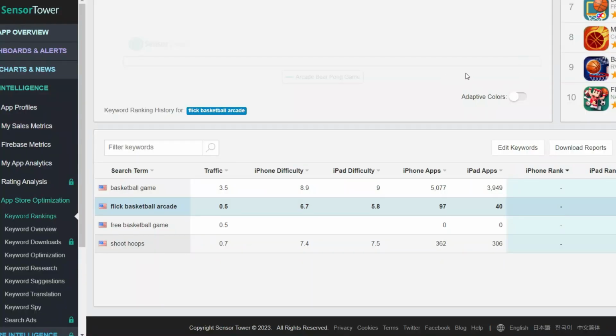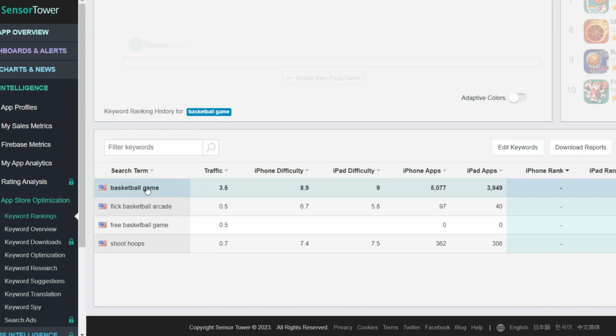So one of my favorite tools to use for keyword research is Sensor Tower, and they do have a free version which I use, so it's 100% free. So if we look here at basketball game, which if you have a new basketball game, this would be a terrible keyword to go after, just because, yeah, it's got high traffic, but it's got very high difficulty. And the most important thing is, look at how many iPhone apps are trying to rank for this keyword. So you are way better off looking at